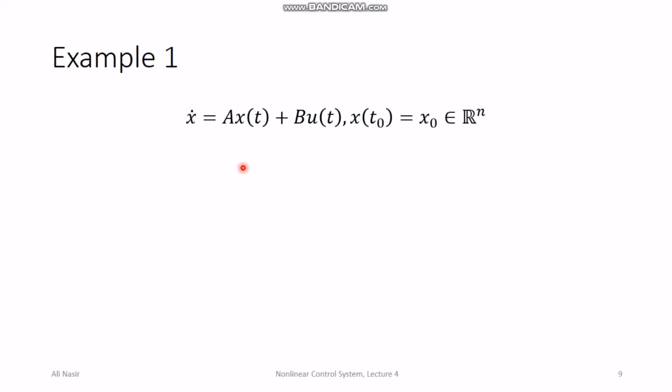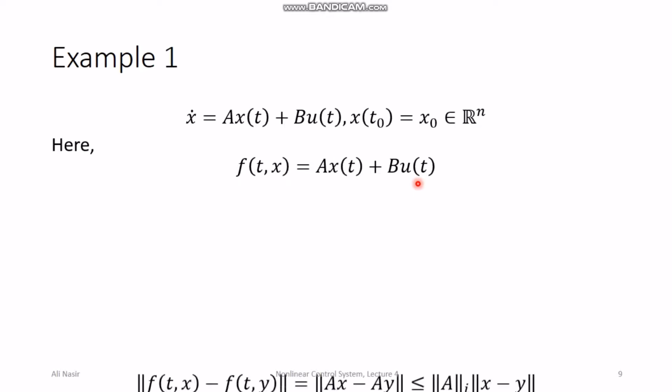So let's look at some examples of existence and uniqueness theorem. First of all, look at this system x dot equal ax plus bu. This is a linear system that is known to the students of nonlinear systems in general, with initial condition x of t naught is equal to x naught. If you try to apply the existence and uniqueness theorem, you see that f of x here is a times x plus b times u, and you can already see that